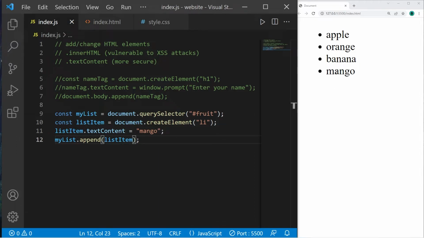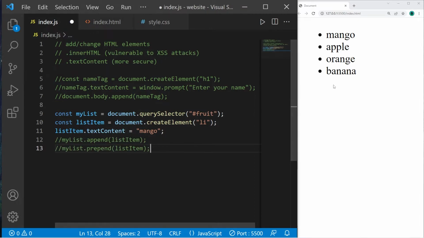If you would like this list item at the beginning of your list, you can use prepend. Prepend. Now we have mango, apple, orange, banana. Otherwise, if you need to place an item somewhere within the middle of the list, it's a little more complex, but here's how. Take your parent element, myList in this example, dot